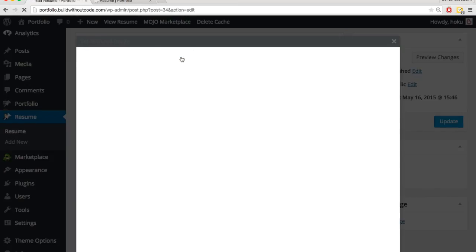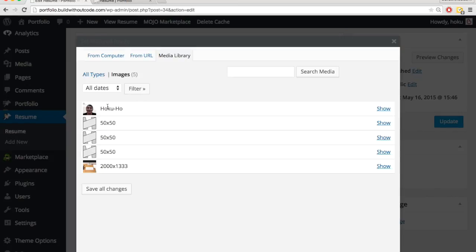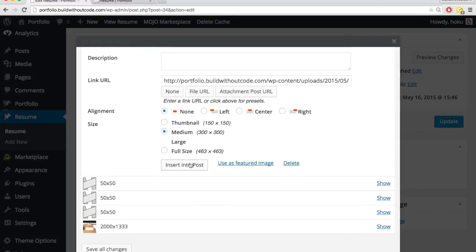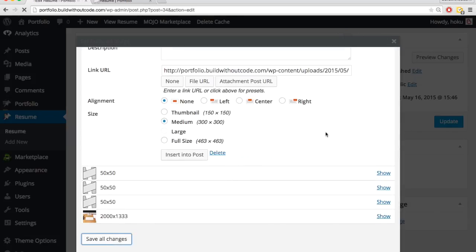I'll just click on that, go to media library, and I'm going to select an image that I've already uploaded, I've used in other parts of the site, so that's why it's already in media library. Click on show, and if I scroll down, instead of hitting insert into post, I'm going to click use as featured image. All done, save changes,